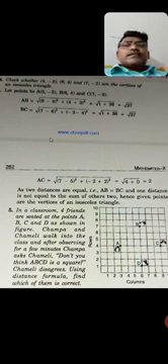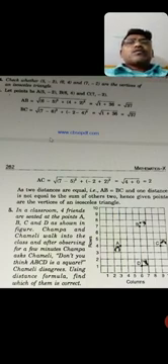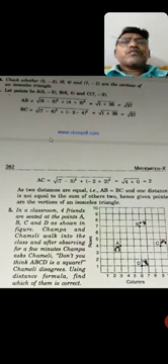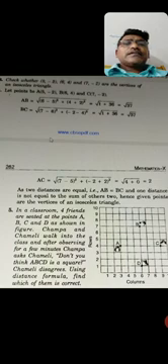So here they are sitting, the places are named A, B, C, D. The important thing in this question is that the coordinates are not given, so we are going to find the coordinates. Starting from point A, you go along the X axis 3, and along the Y axis 4. So your coordinate point is 3 comma 4. The X coordinate comes first, so A is 3 comma 4.